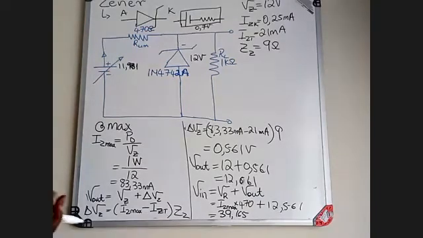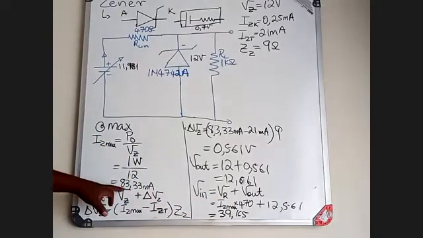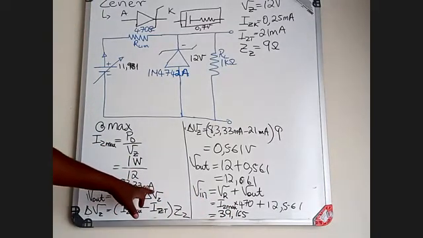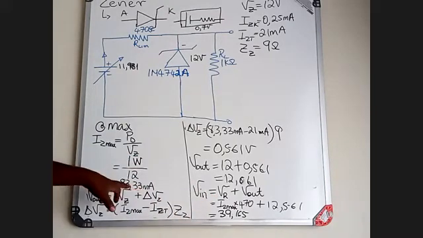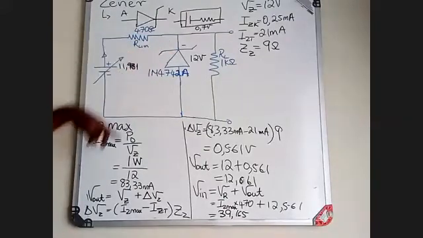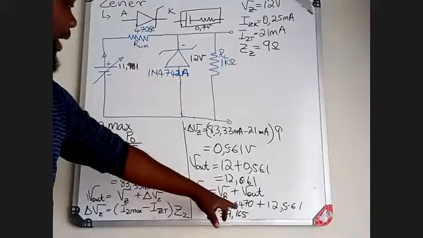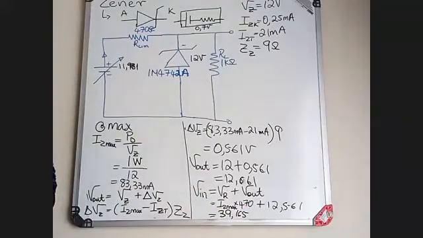Remember, this is your IZ max. What is your IZ max? Your IZ max is 83.33 milliamps, right? Yes, sir. Remember that it is the maximum current. If your IZ max is 83.33 milliamps, then multiply by 470. It must be what? 39,